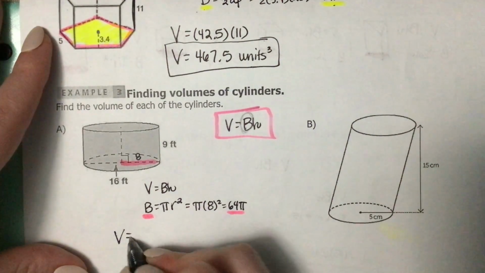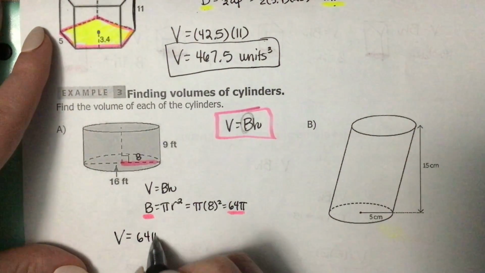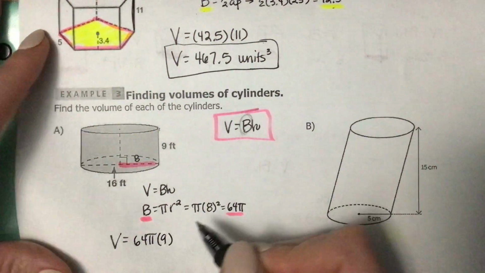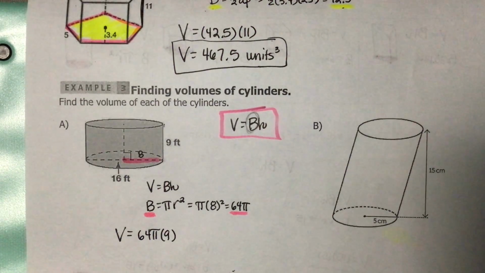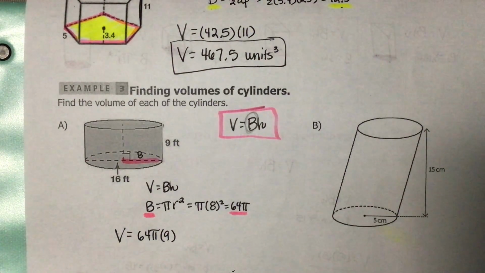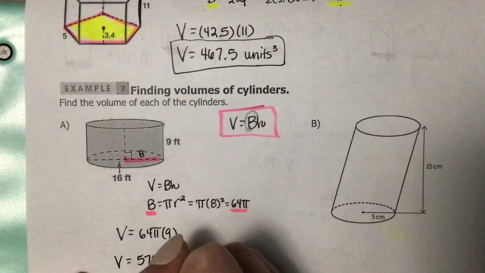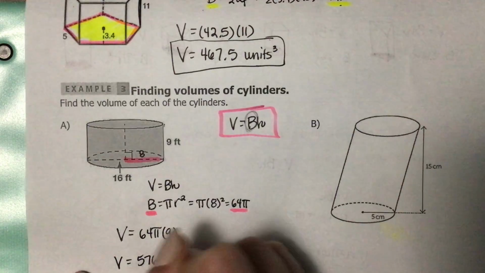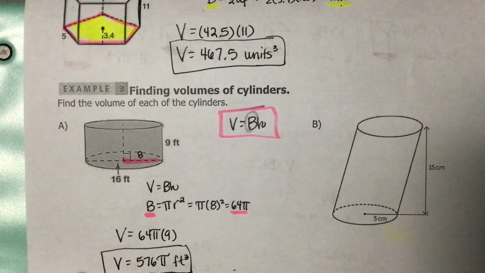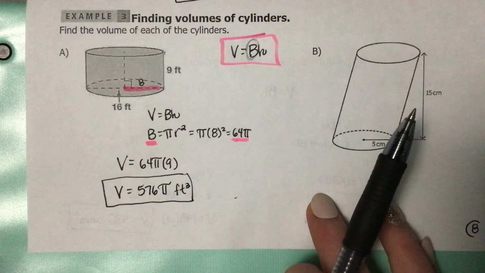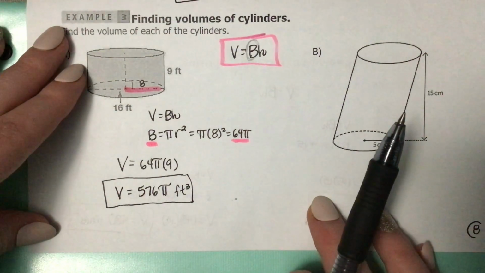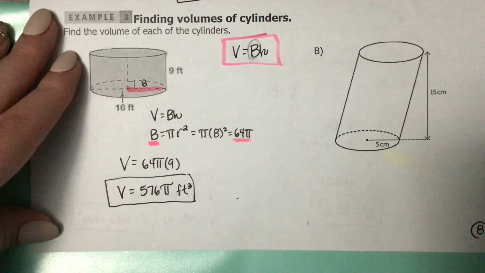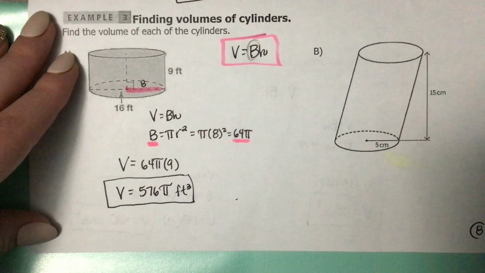Now we're ready to go straight to our volume formula, which is going to be 64 pi times the height of the cylinder. Well, the height of the cylinder is 9. Okay. So now we're ready to take 64 times 9 to get us 576. So the volume is 576 pi, I'm tacking that on there, and then cubic feet. Now this is in terms of pi, but if we were told, like say in an assignment or a test, that we were supposed to round, then that would clue us in to tell us, oh, okay, we need to put it into